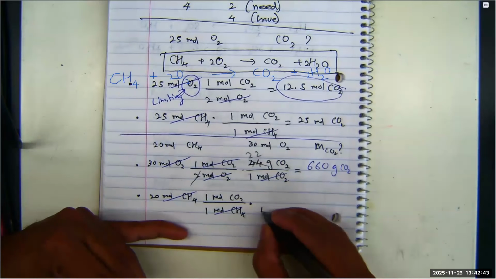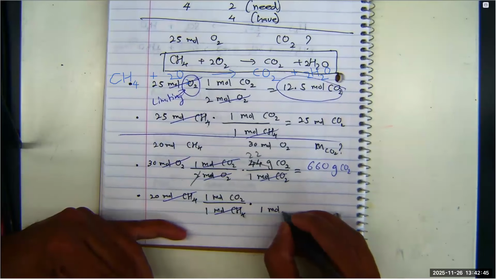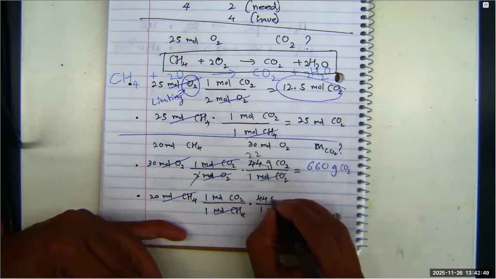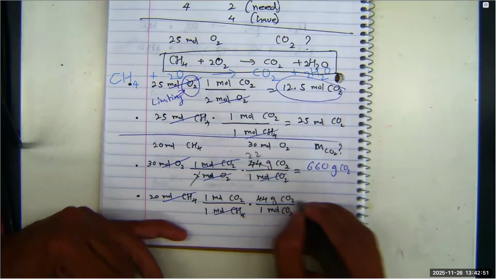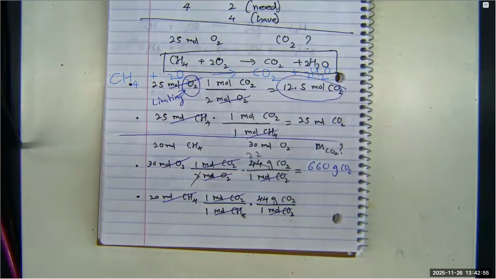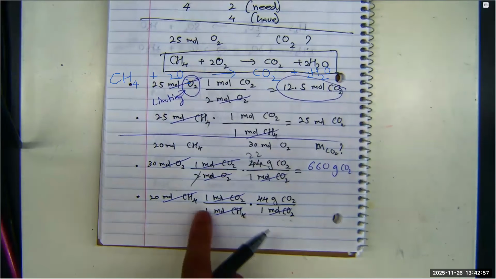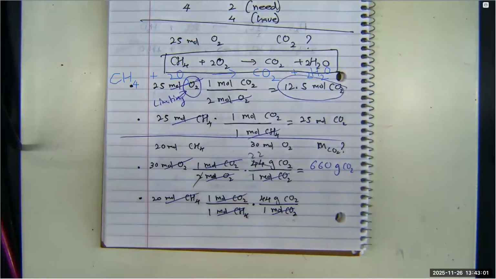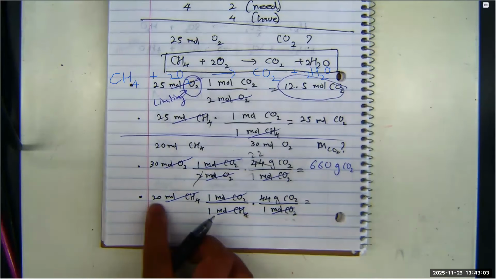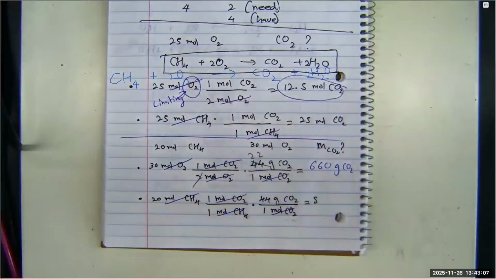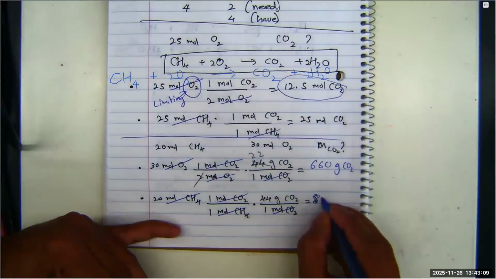And I don't want moles of carbon dioxide either. I want grams of carbon dioxide. So I know 1 mole of carbon dioxide is 44 grams of carbon dioxide. Therefore, I can cancel out moles of carbon dioxide as well. Now I have these numbers. If you use your calculator and crunch these numbers, you are going to end up with, I believe, 880. Is that right? Oh, yeah,